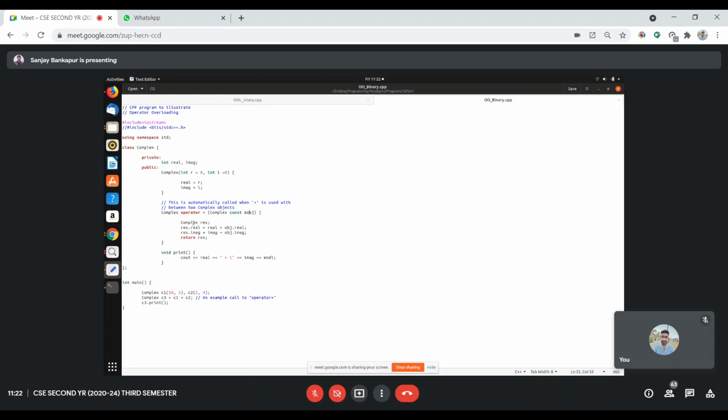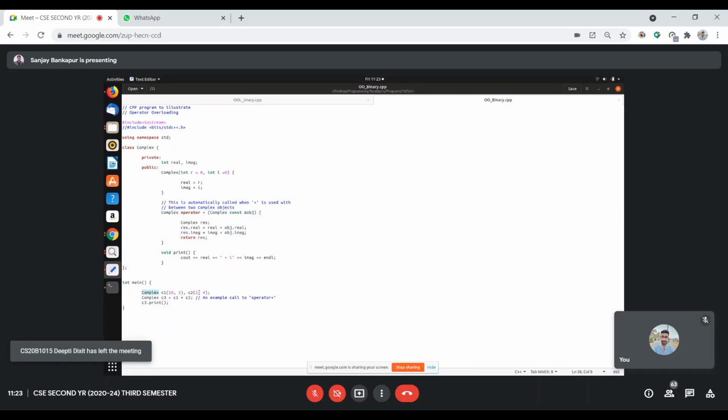So the object, and I have instantiated one more object called result, and there is an addition, real plus object dot real. Okay, I will come to this. Imaginary plus object dot imaginary, and I'm storing into the newly instantiated object called result dot real and result dot imaginary. I'm returning this result. So why only one object, even though there are two objects, is the question. We'll try to explore more on that. Okay, so this is the template, and let's come to the main function.